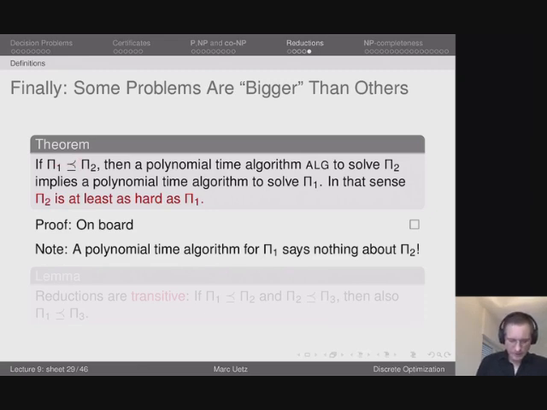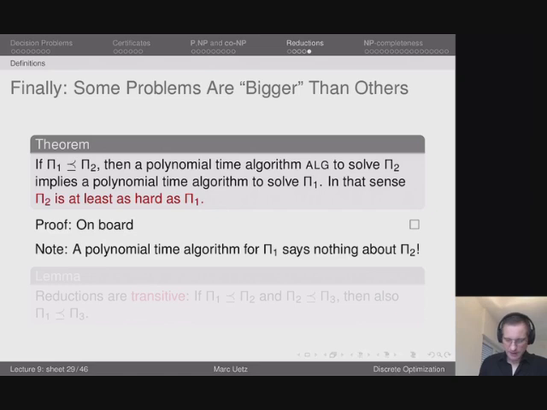So that means that if I have a polynomial time algorithm to solve problem number 1, and I have a reduction from problem number 1 to problem number 2, there's nothing said about the polynomial time solvability of problem 2, right? So if I can solve the easier problem, that doesn't mean that I can solve the more difficult problem in polynomial time. All right, so this is an